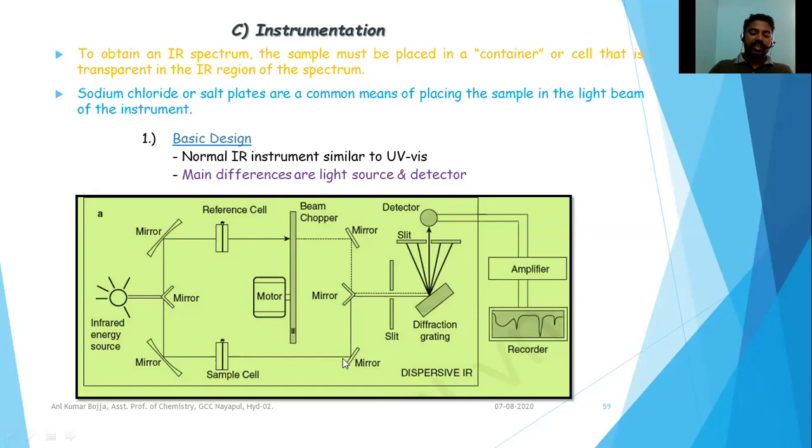It then passes through a setup inside the instrument, and again it is obstructed with a mirror to divert the path of that transmitted light. Again, the transmitted light interacts with one more mirror for diversion. From that, it will pass through a slit. This is the arrangement that will filter the radiation, in the sense a monochromatic radiation.